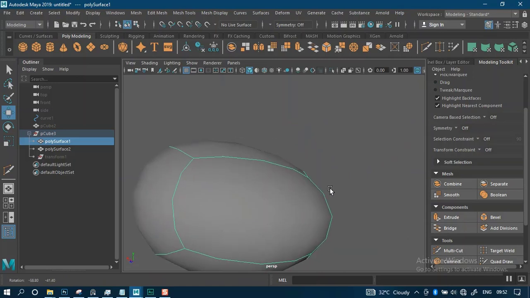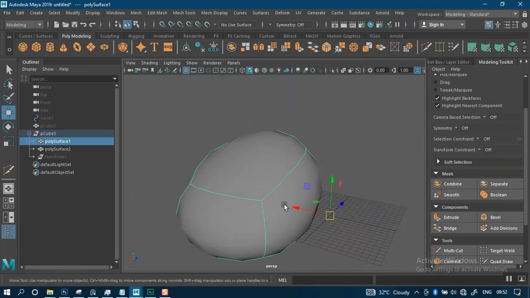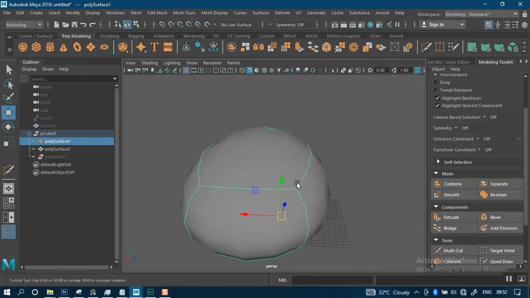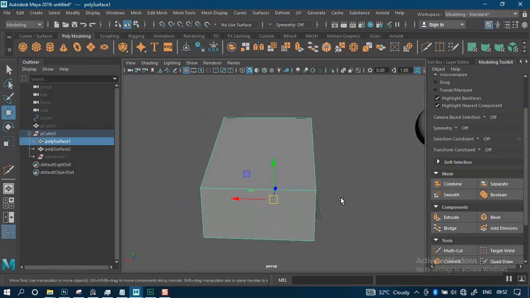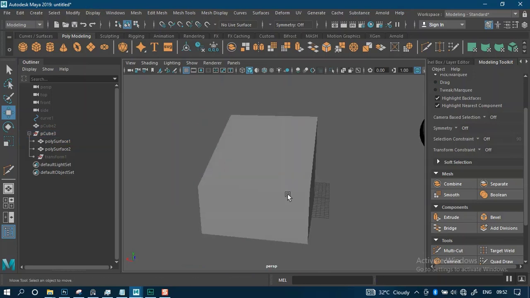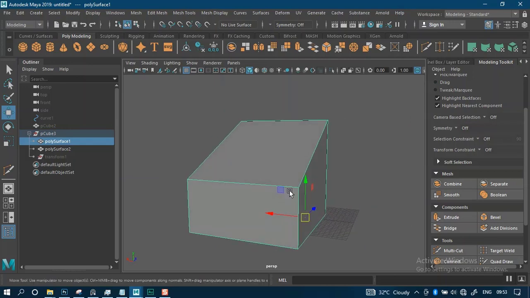This is just more or less a preview of how the subdivided mesh will look like. To go out of this preview mode of auto smooth, just hit 1 on your keyboard. So 3 key to go to the auto smooth and 1 to go out of it. That is something you need to keep in mind, because we'll be using that very often while